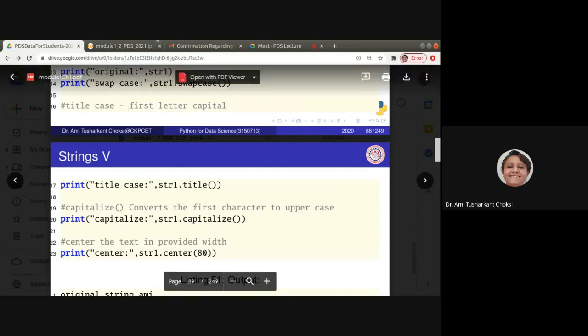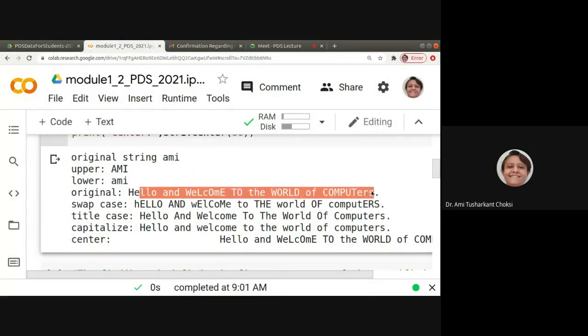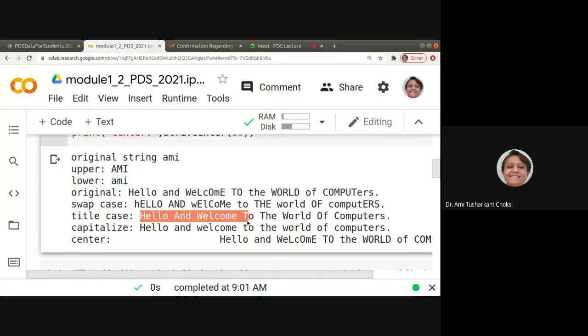Let us see what output it was giving us for this hello and welcome. See, this was the original, right? Now, when we are doing it as title case, the first letter of each and every word becomes capital, right? For title case, the first letter of each and every word is capital.